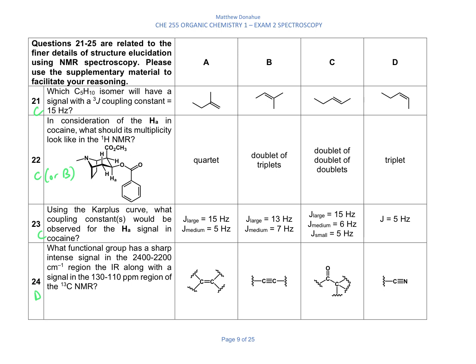The next run of questions here deals with, again, spectroscopy, some NMR concepts. 21 says, given a C5H10 isomer, which will have a signal with a coupling constant of 15 hertz. So that molecular formula has 1 degree of unsaturation, and what you're seeing in the choices A, B, C, and D is that the degree of unsaturation is an alkene. And really what you're looking for, because that's one of the largest coupling constants, is a trans relationship between H's